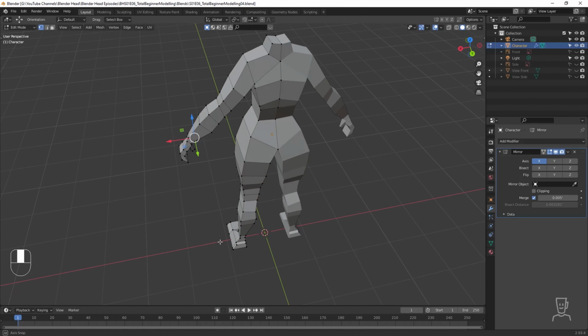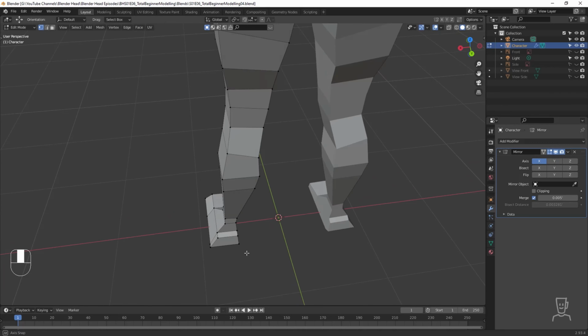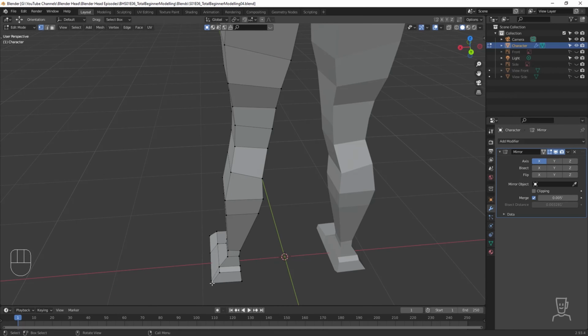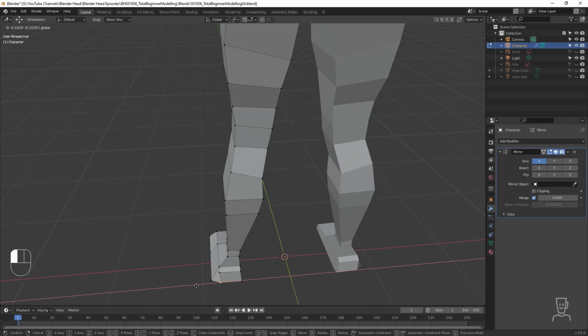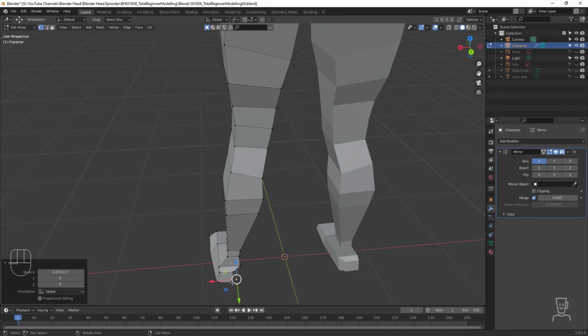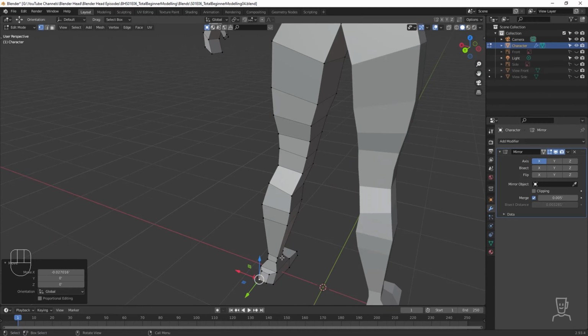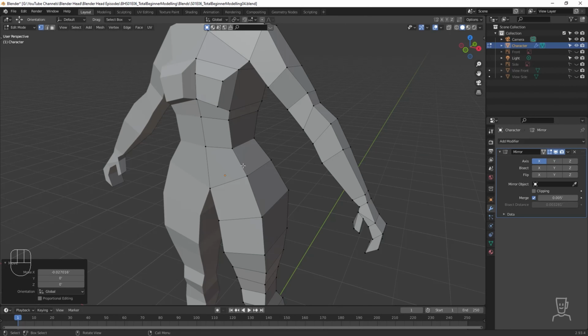Okay, I'm going to do just a little more touch up here. Add some geometry in here. So, by the way, if you want to select an entire ring,